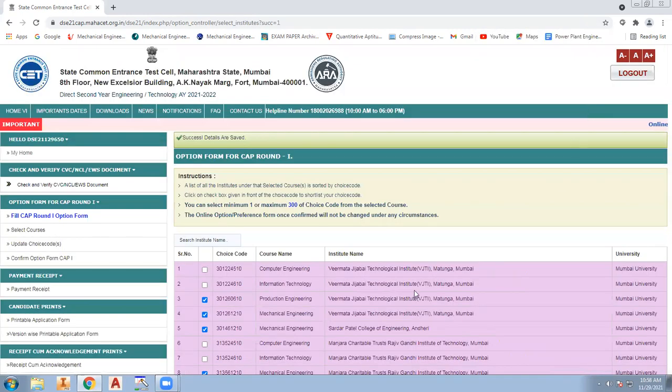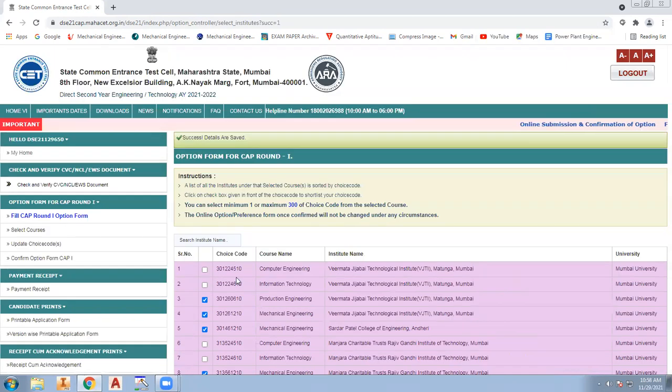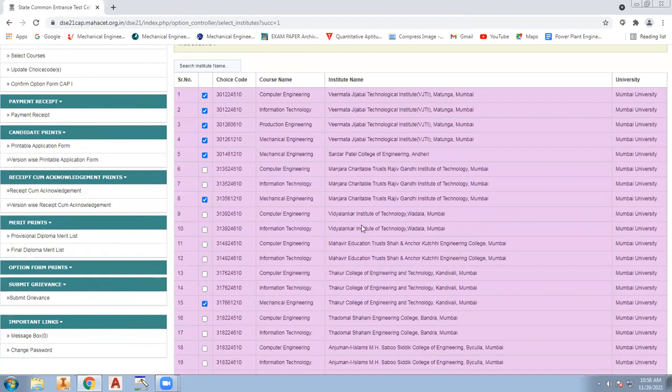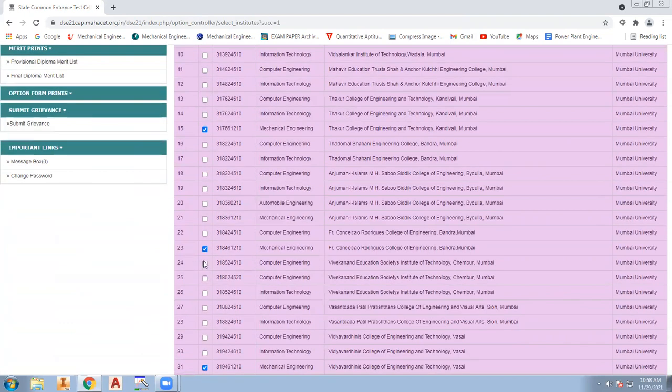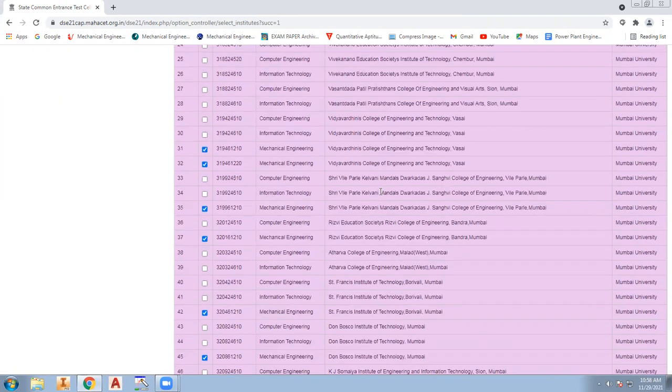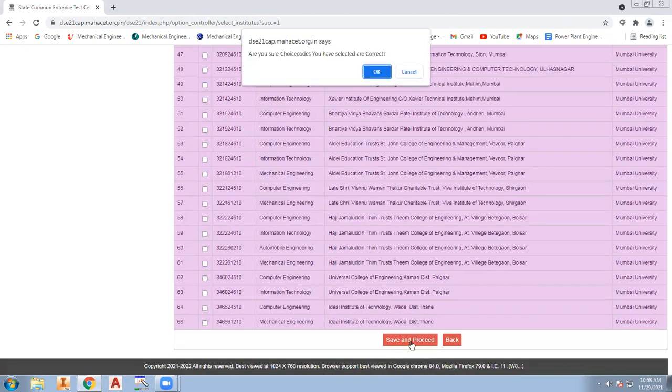Then you can select VGTI information, VGTI computer also, as per your convenience. Then computer, information technology, let us say computer San Francisco you are looking for. Now Vidyavardhani computer and IT you are looking for. So you can save and proceed.